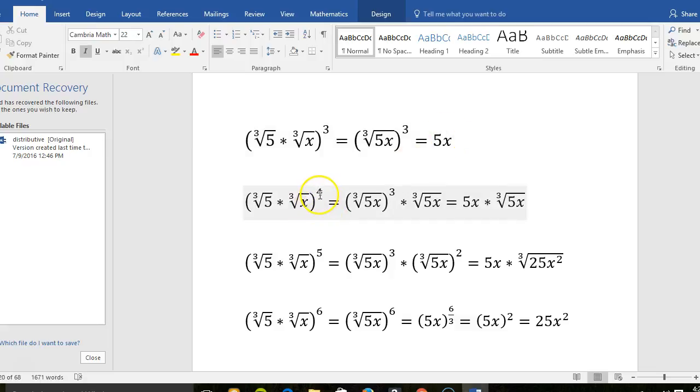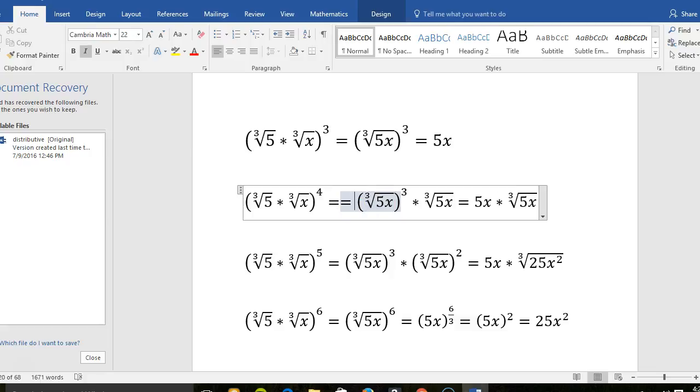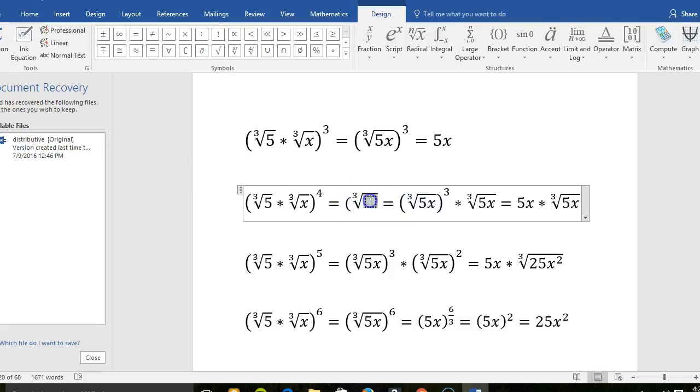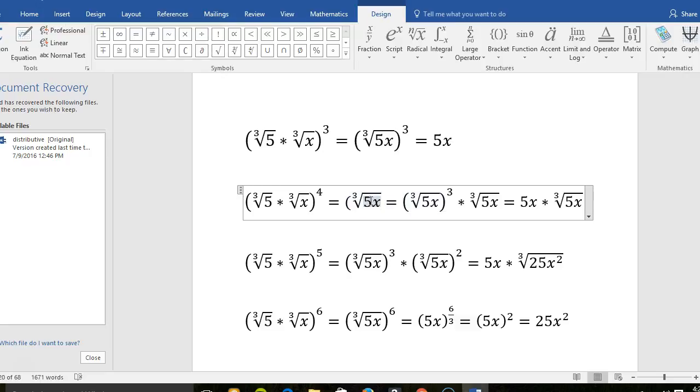Now, if we do the fourth power, notice that we can still consolidate this. Notice that this can be thought of as the cube root of 5x to the fourth power. But since I got a cube root here, it would be nice if this was a 3 instead of a 4. Now, I can't just wish that 4 away. But what I can do is, remember, something raised to the fourth power is that something cubed times that something to the 1 power, which is just itself. Let me insert the middle step. So we've got the cube root of 5x and then entity,